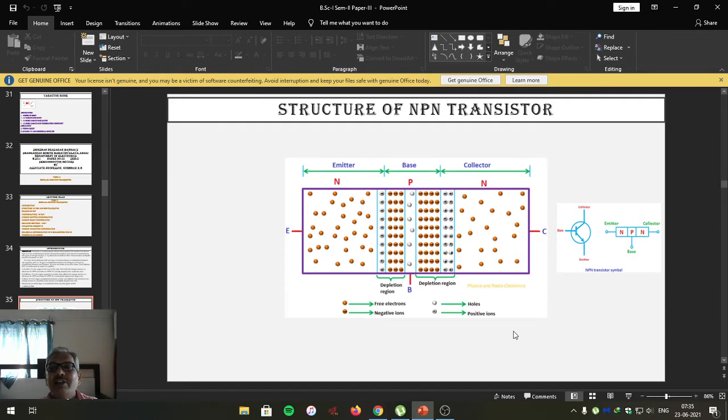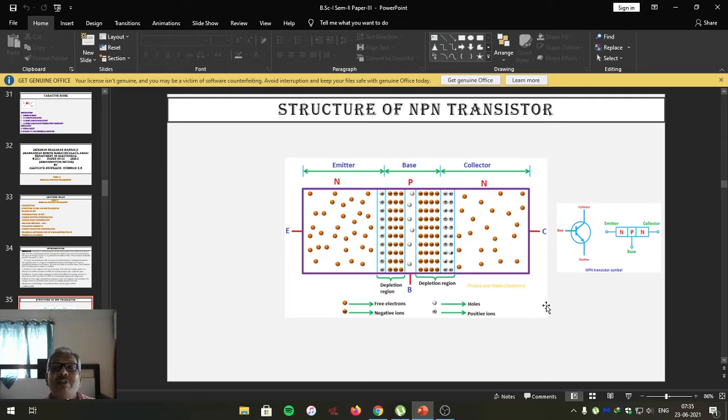We studied that emitter is the terminal that emits the charge carriers, which is heavily doped. Its area is moderate. Collector is the terminal that is used to collect the charge carriers emitted by the emitter. Its area is large. It is moderately doped. Base is the region sandwiched between emitter and collector, which is very thin and it is lightly doped. It has two junctions. One is input junction, another one is an output junction. All these aspects we have studied as far as the introductory aspect of transistor is being considered.